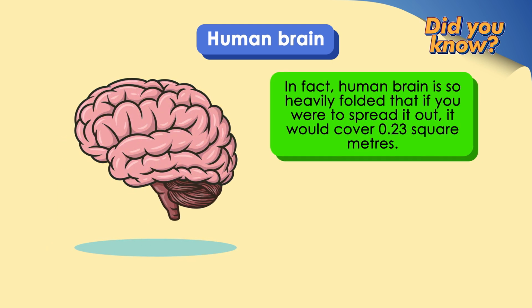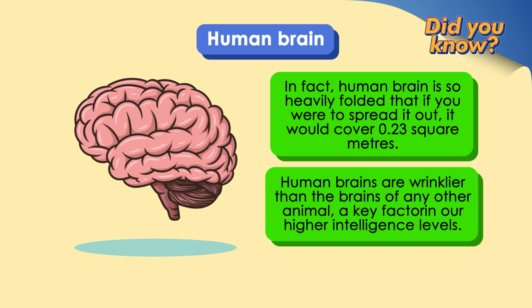In fact, it is so heavily folded that if you were to spread it out, it would cover 0.23 square meters. Human brains are wrinklier than the brains of any other animals, which is a key factor in our higher